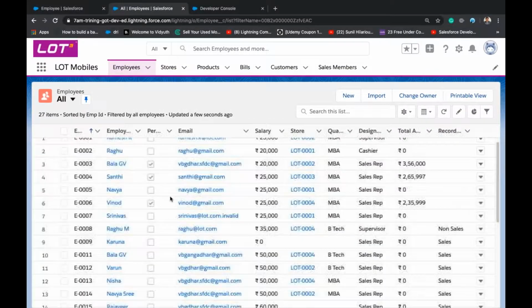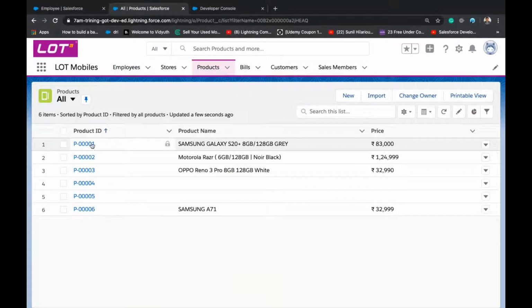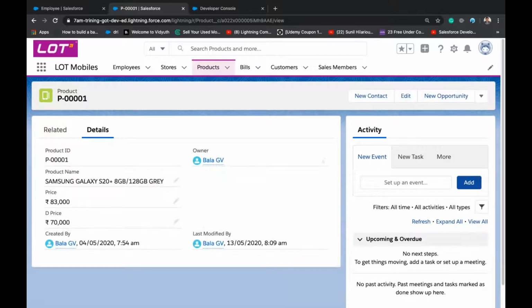So we'll go to products. We have two ways. Okay, I'll put it this way. When I want to delete the product, we'll keep a checkbox, product is available. So if product is available, I don't want the user to delete the record. I don't want the user to delete the product.